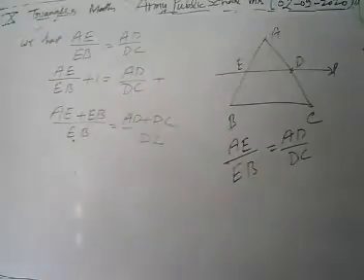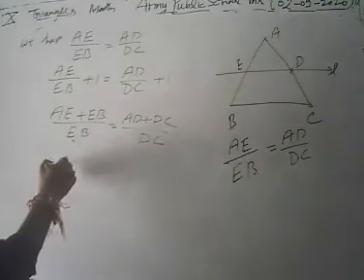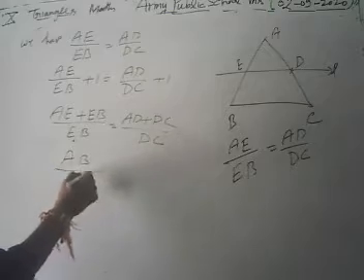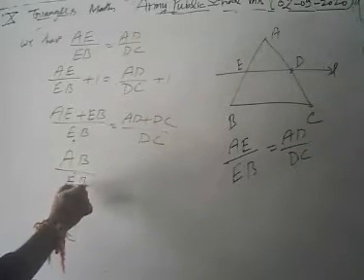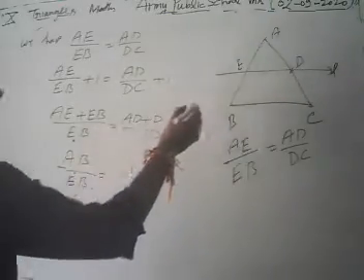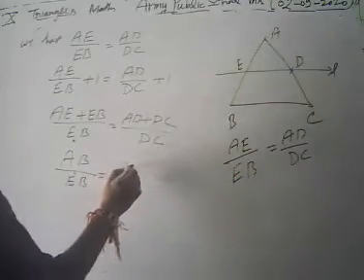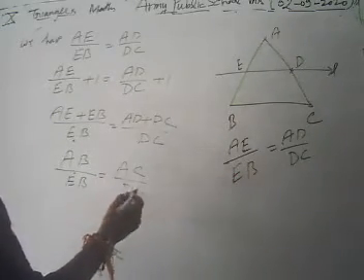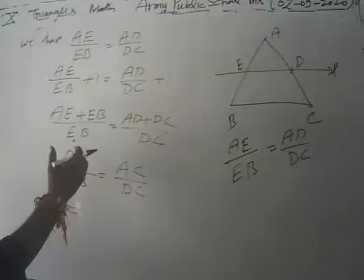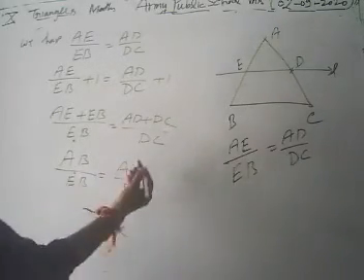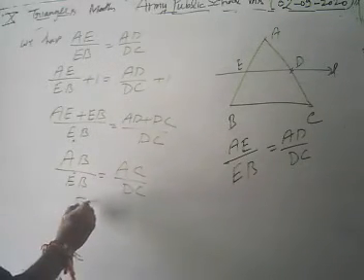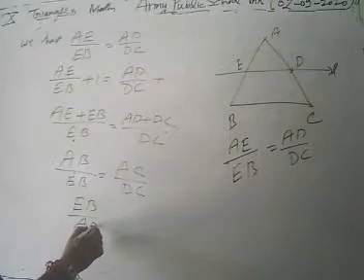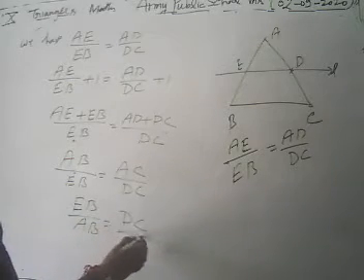चलिए अब देखते हैं AE plus EB क्या मिलेगा बेटा? यस, व्हाट वी गेट AB upon EB। देन व्हाट इज AD plus DC? यस, व्हाट वी गेट AC by DC। व्हेन वी आर गोइंग टू बी रिवर्स दिस, अगर इसको रिवर्स कर दें, देन व्हाट वी हैव EB upon AB इज इक्वल टू DC upon AC।